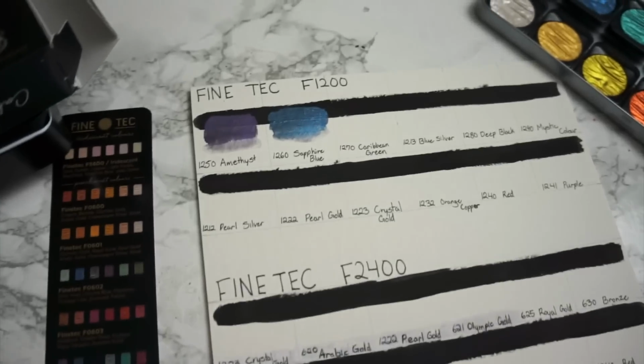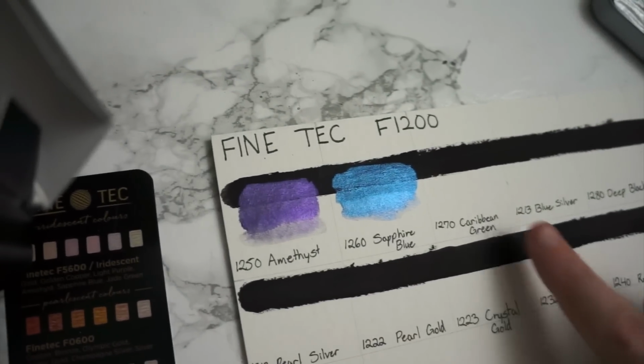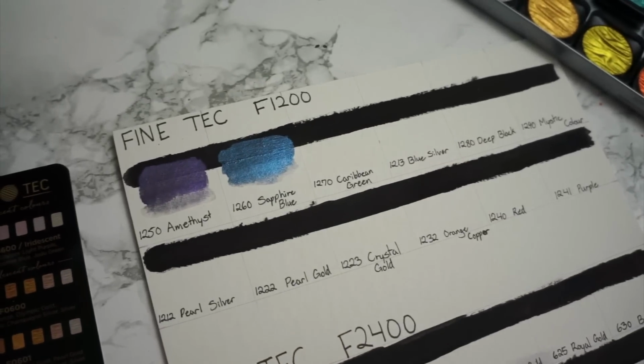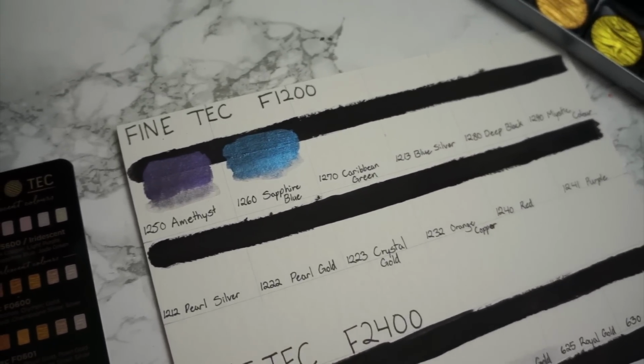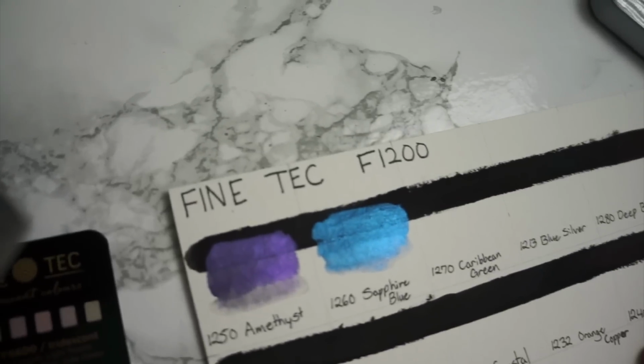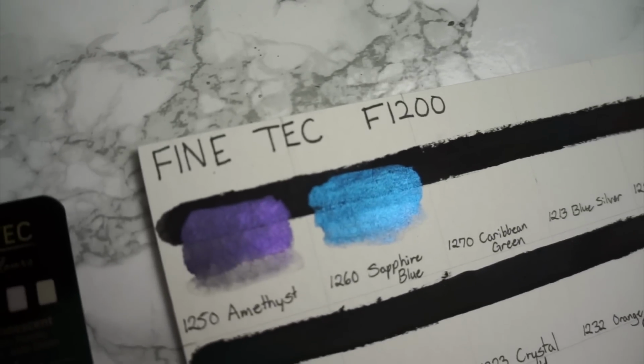But probably the same layout. So as you can see, I have a couple of swatches up there, which are looking beautiful right now. And this black stuff is actually black watercolor ground, which for the metallic paints I like to do so that you can see how well it shows up on darker color. For the Finetech ones, as you can probably tell, it really doesn't make much of a